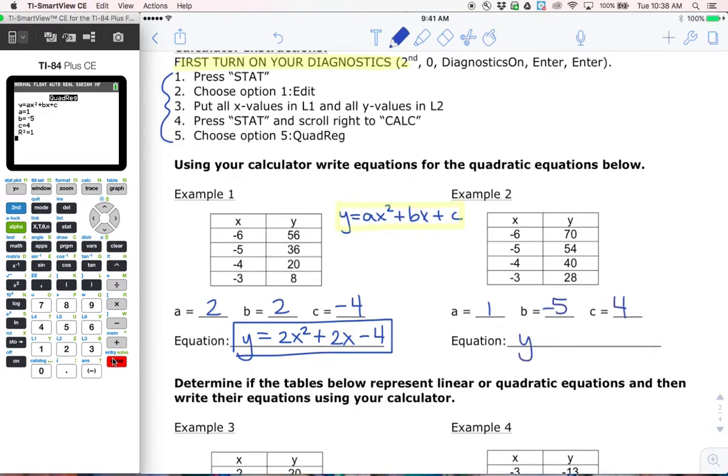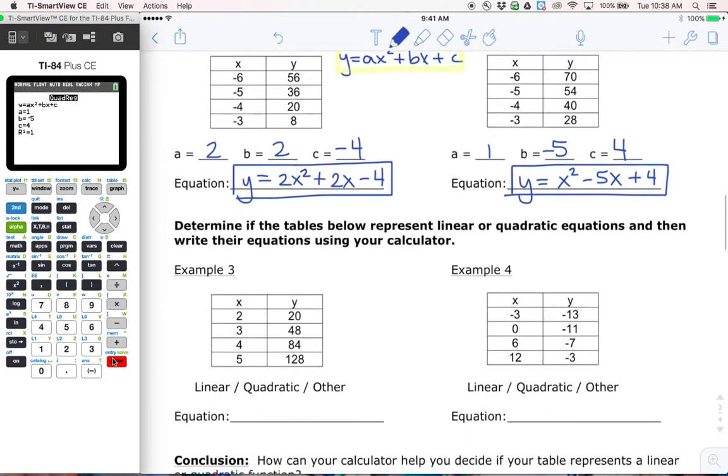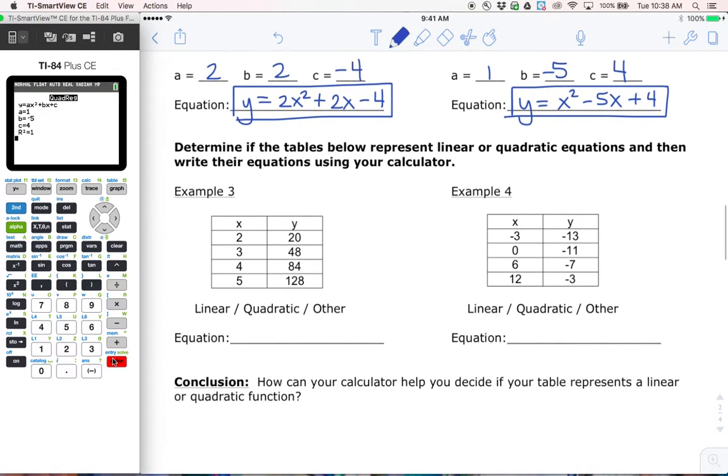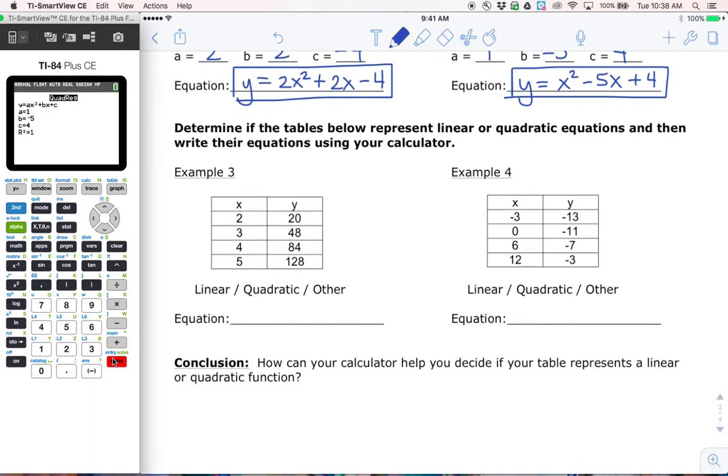So my equation for this is 1x squared. I don't need to write the 1, and you probably won't see the 1 if this is a multiple choice question, so let's just leave it off. And then plus 4. All right, there's my equation. Pretty simple, right? Now, the only thing I have to show you now is when to choose when, or how